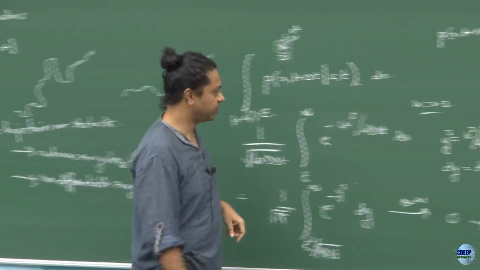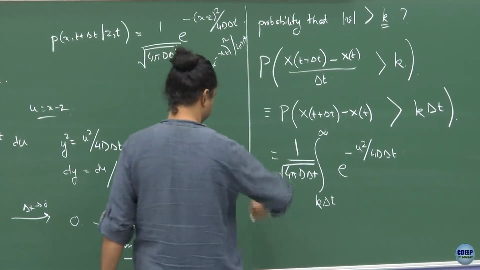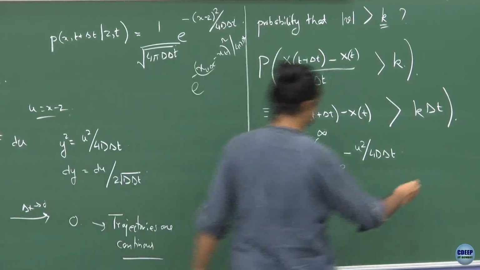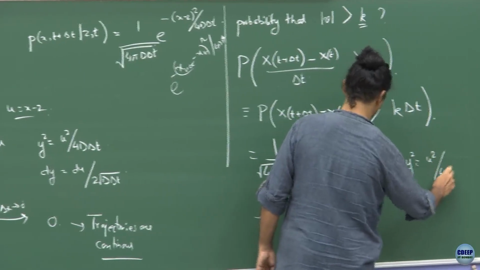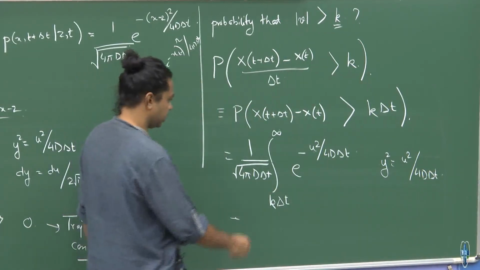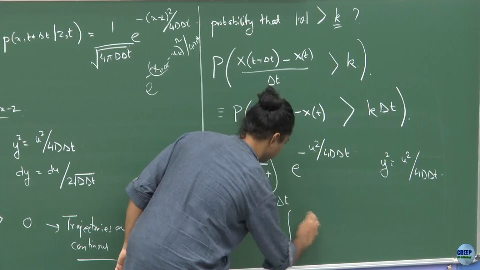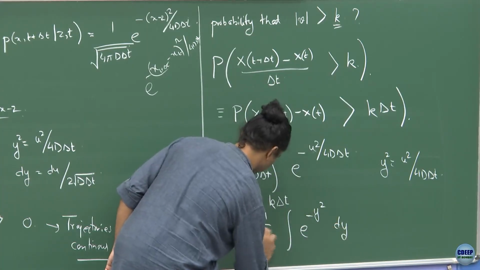Again I call this thing y, and then I substitute back. So I call y square as u square by 4DΔt, and then I am left with e to the power of minus y square dy, 1 by root pi,